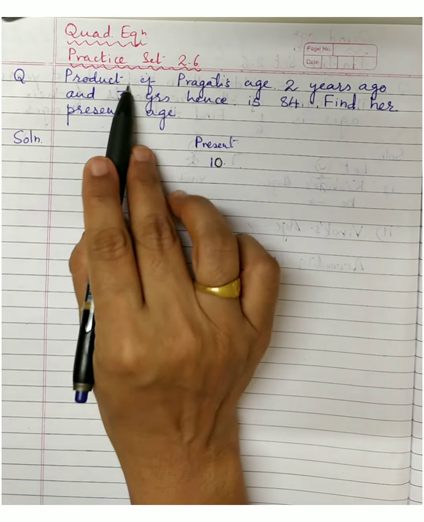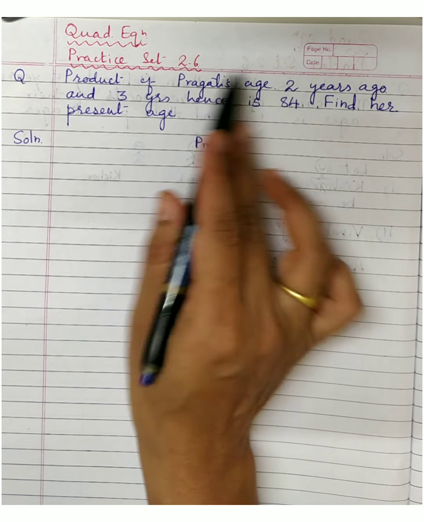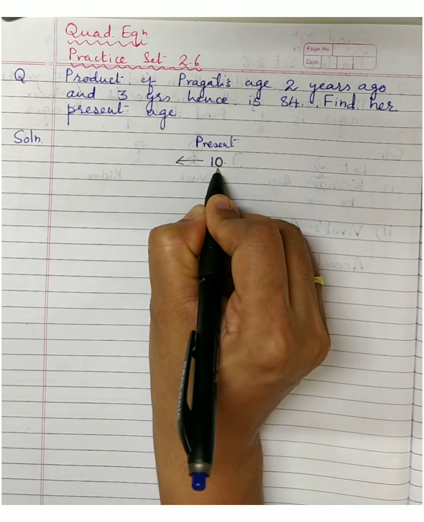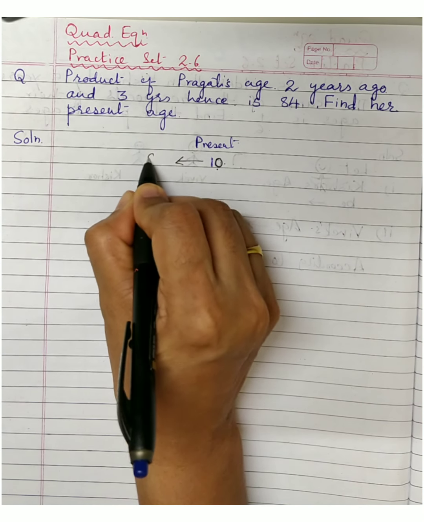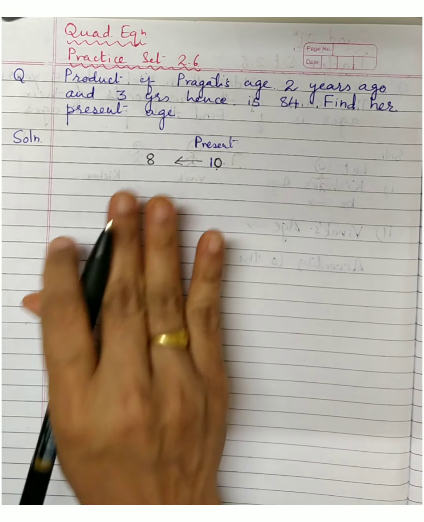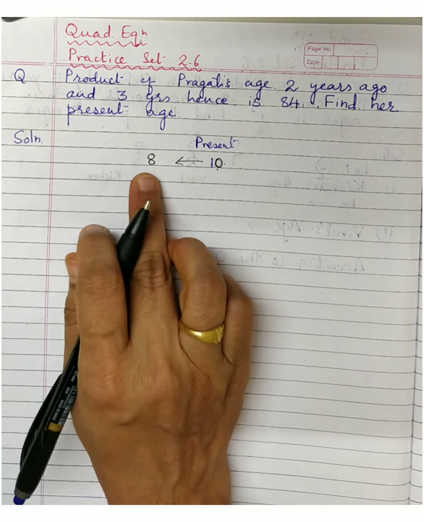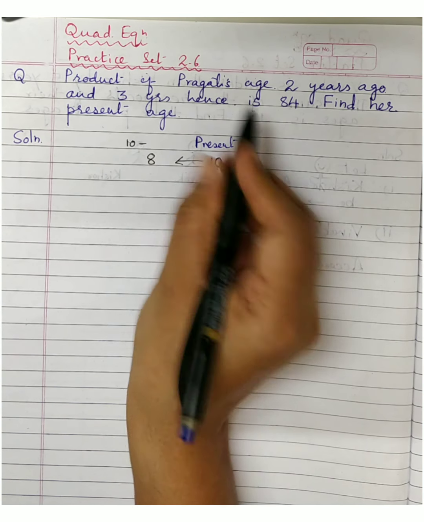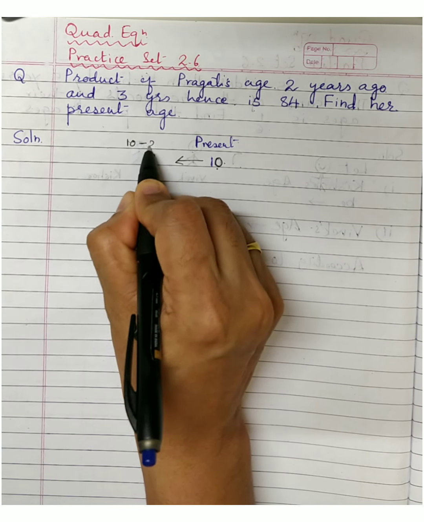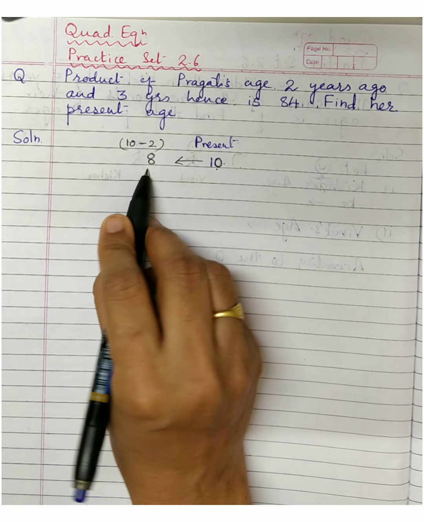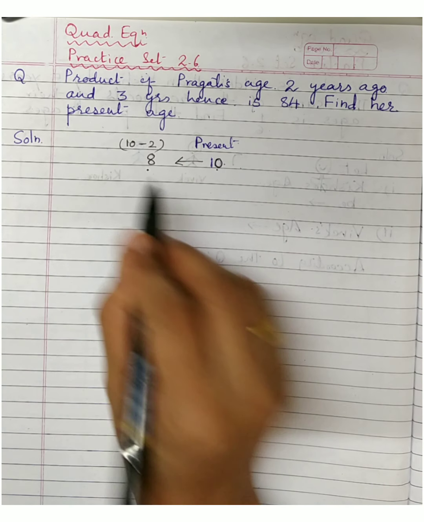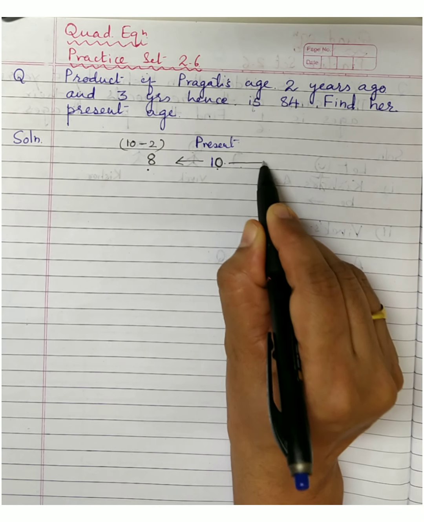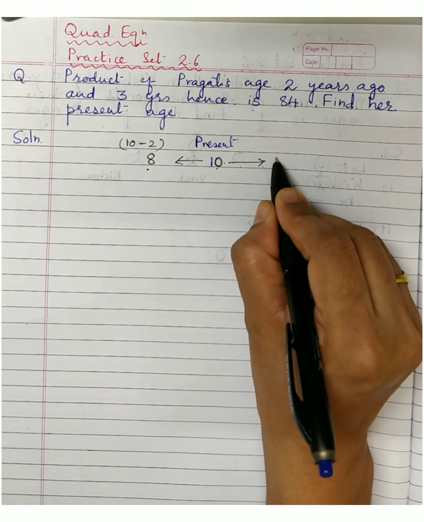So, what was her age 2 years ago, that we have to find. If presently she is 10 years old, 2 years ago she was 8 years. Now, what is important here to understand is how you obtained 8. Present age 10 minus how many years back? 2 years ago. So, minus 2. This is how you have obtained her age was 8 years. Simple. 3 years hence, what will be her age? 3 years hence means after 3 years. That will be 13 years.